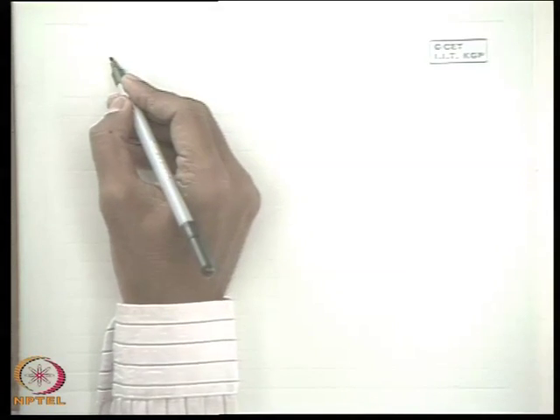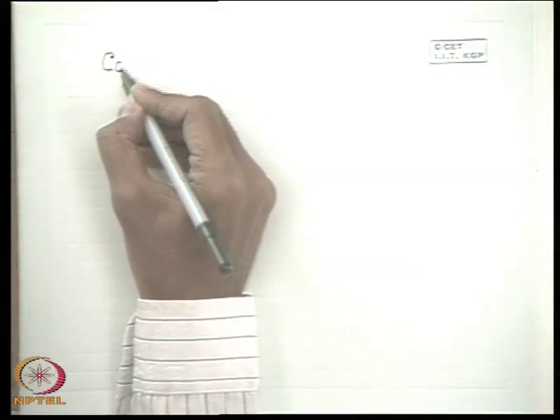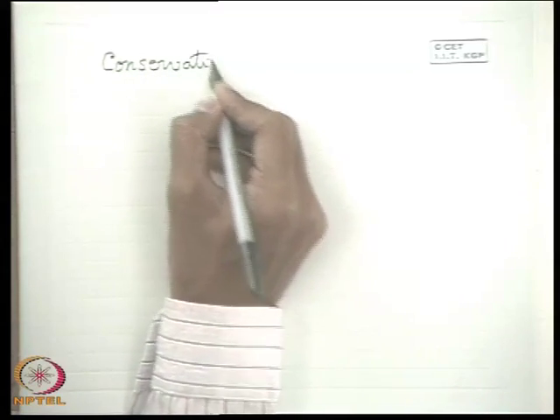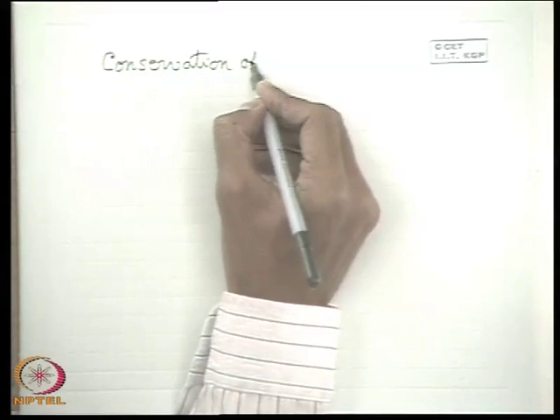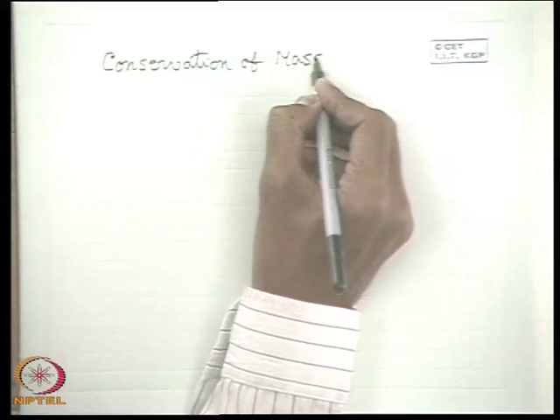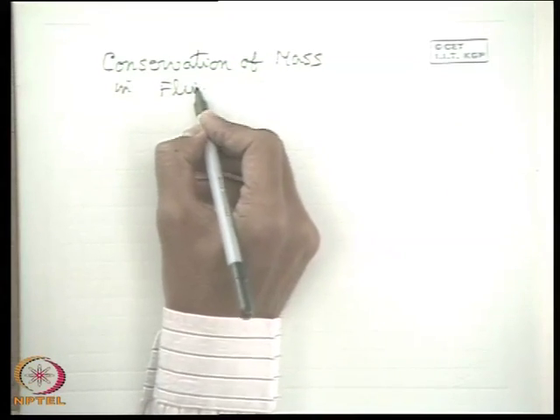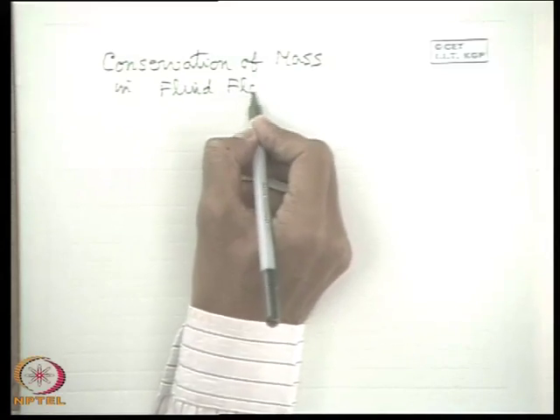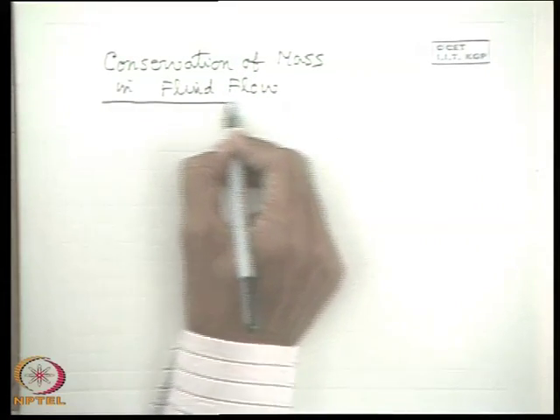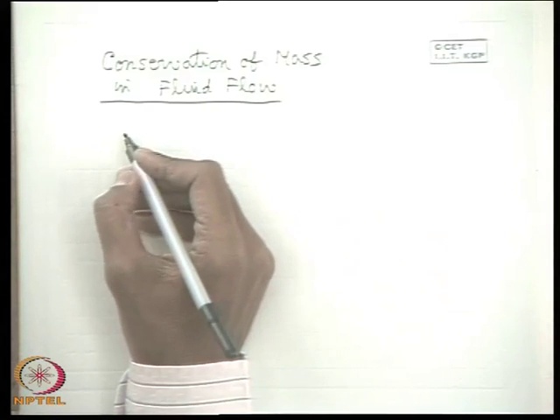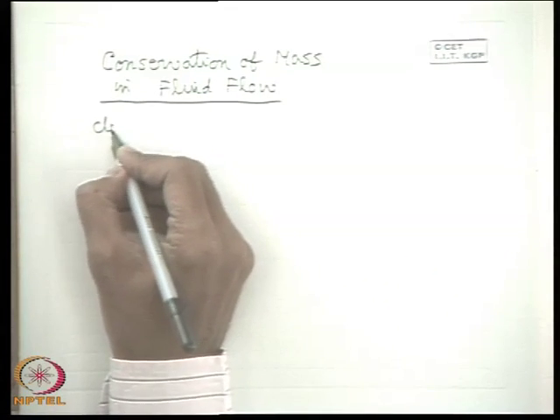Now let us see what the continuity equation is. First of all we start with conservation of mass. Conservation of mass in fluid flow. If we apply the conservation of mass in fluid flow, as we know, to a closed system,